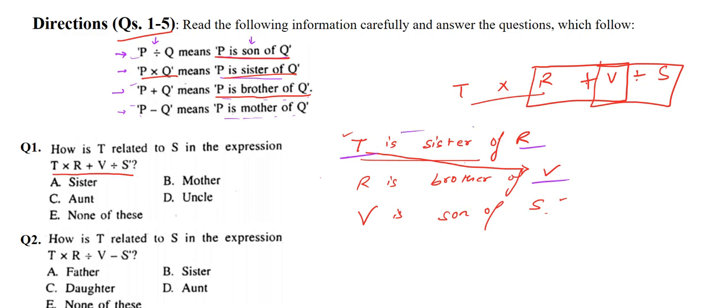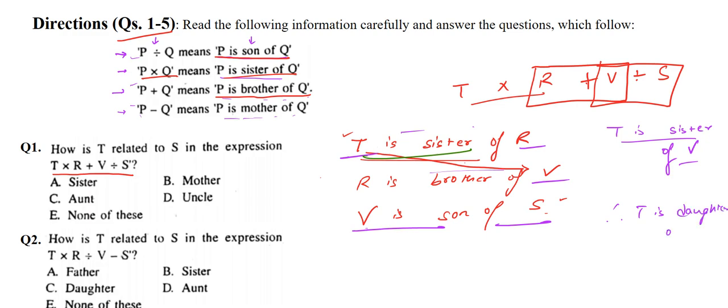So since T is sister of R and R is brother of V, therefore T is a female because here we have been told T is sister. So T is sister of V, and you can see V is son of S. Since V is son of S and T is sister of V, therefore T is daughter of S. So how is T related to S? The answer will be T is daughter of S, which means option number